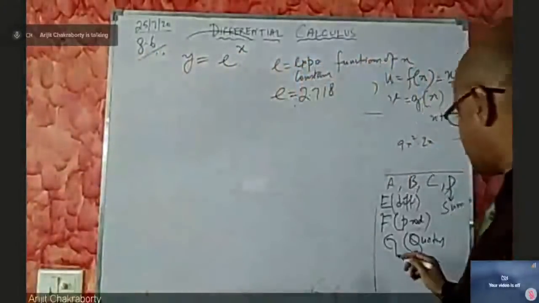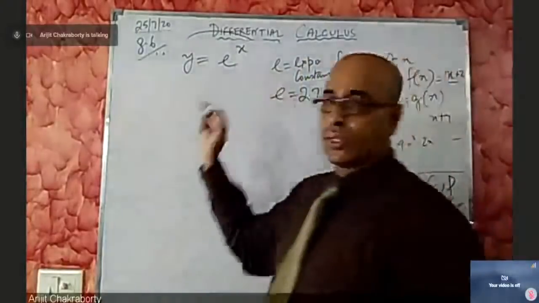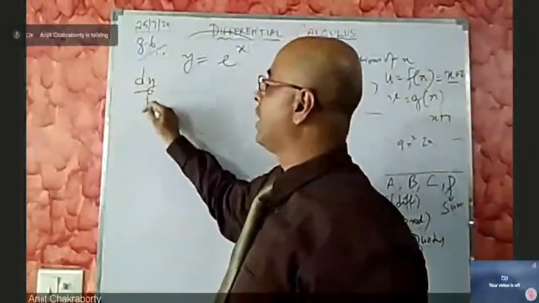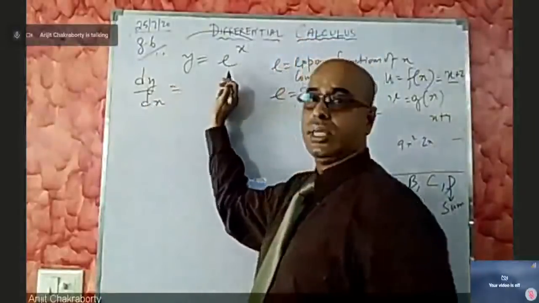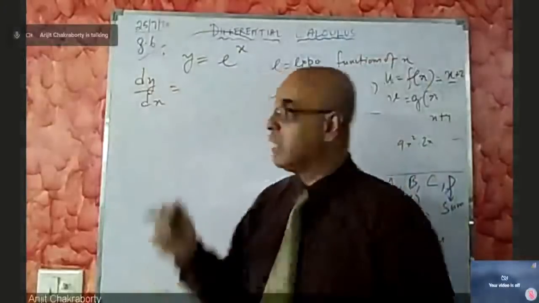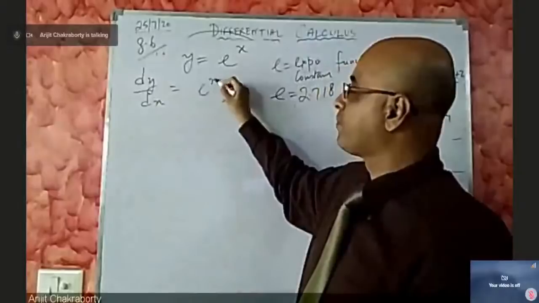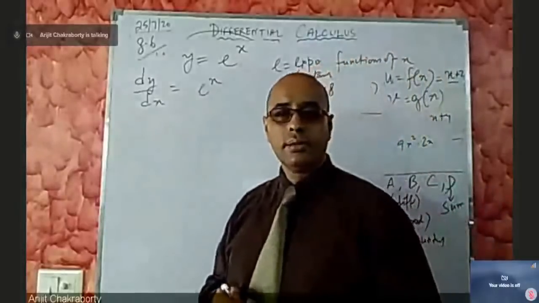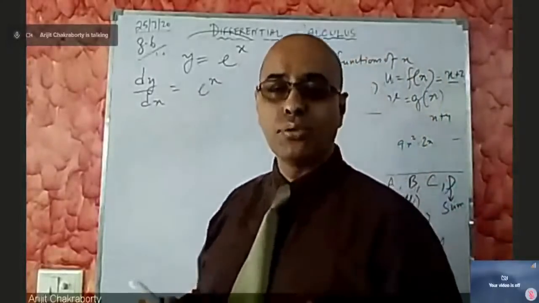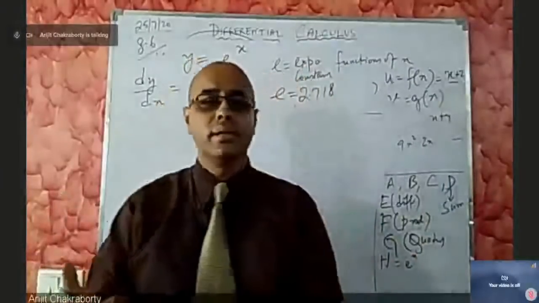So this one is formula H, e to the power x. So the differential coefficient dy by dx of e to the power x, very easy, don't have to remember, it will be the same. So e to the power x will remain e to the power x. Okay? Somebody seeking the proof, again as I said, not within the scope of our discussion, neither in the exam